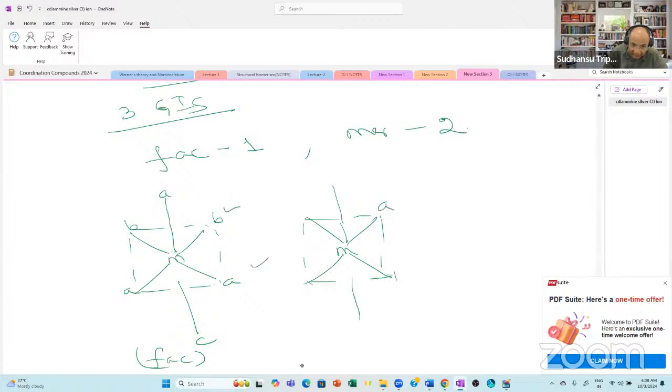So A and B are interchanged and the others remain the same. Then A becomes mer, because A passing through that plane is passing through the central metal atom. So also B and C. This is a mer isomer, but this is mer 1. Here you will find B, B opposite. So if you make a switch between B and C, keeping A fixed, you will find another non-superimposable form,